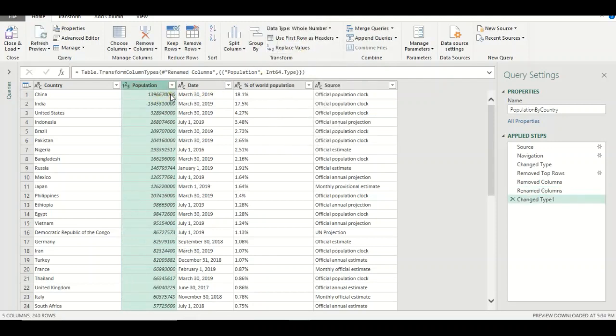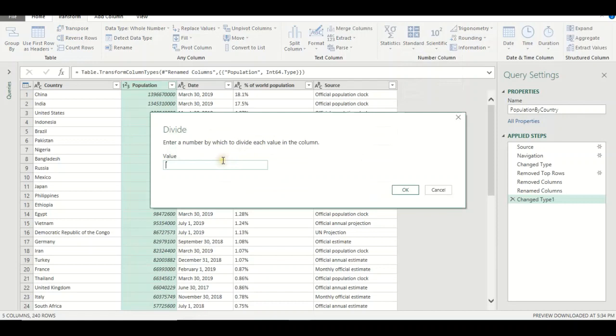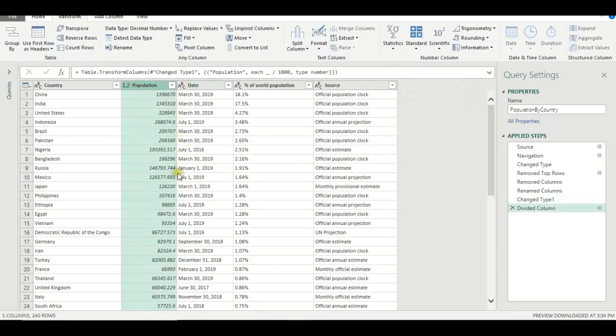Then I can see a lot of zeros here. I think this will not help me in the report, so I want to divide by 1000 at least. So from Transform, Number Column, Standard, Divide, a small dialog box will open, type 1000, okay. Now it's divided by 1000, and it's now a decimal number, not a whole number, so there are some decimals here up to 3 points